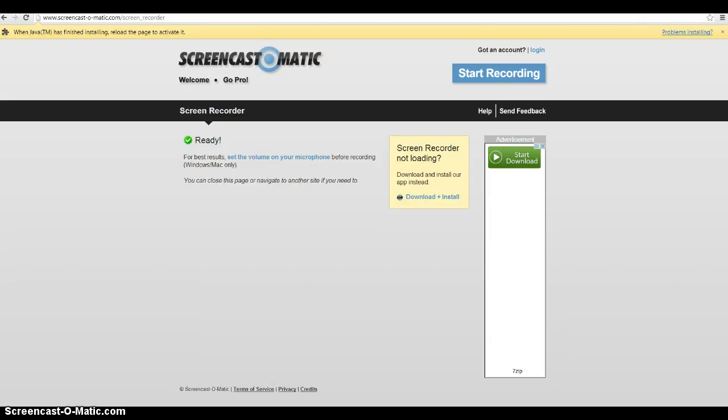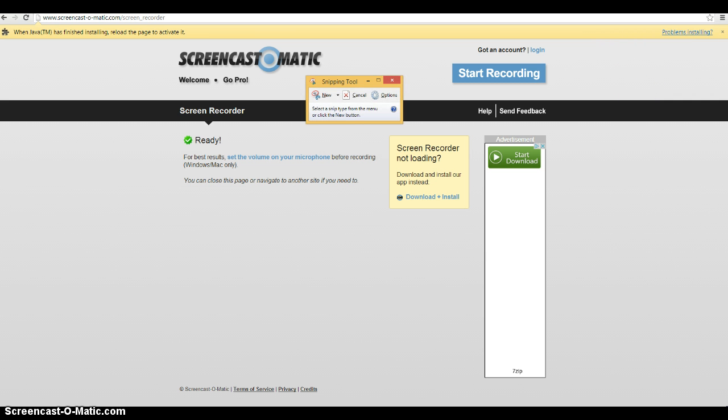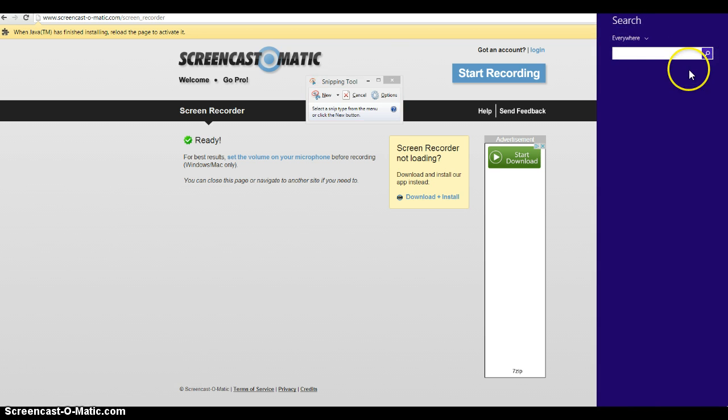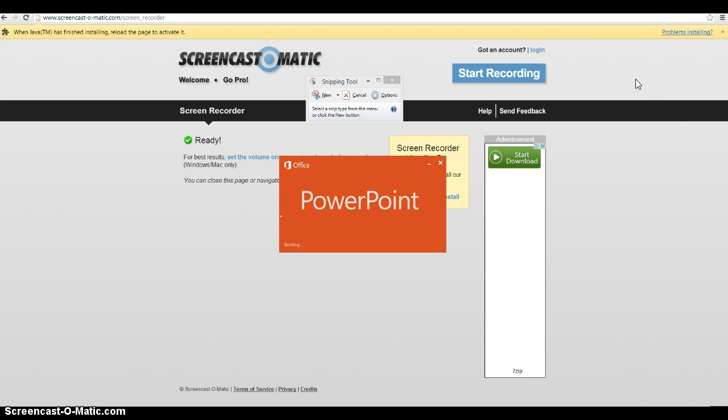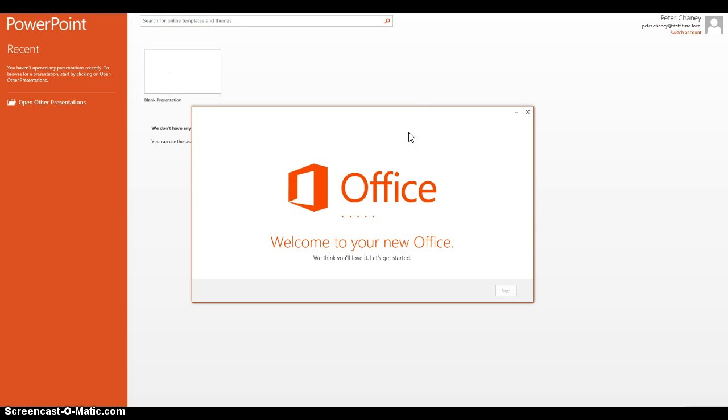Okay, business technology. To start your first Gamestar Mechanic actual assignment, you're going to have to open up two tools. To do this, you will put your cursor in the top right corner and go to the search icon, and we're going to look up the snipping tool, my mistake. So snipping tool, and we're going to open up PowerPoint. Okay, once those two programs are open, we can get over to our Gamestar Mechanic and start putting this thing